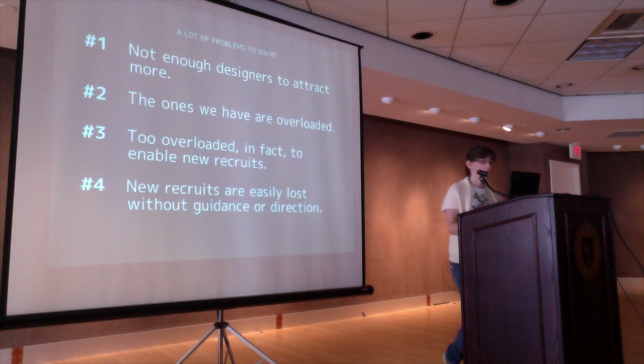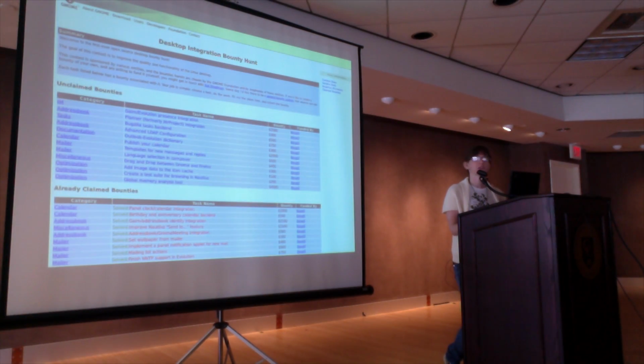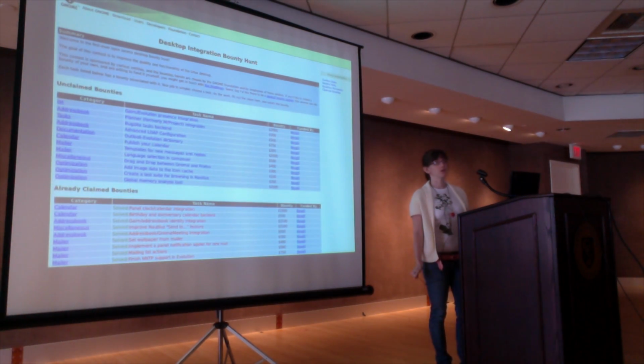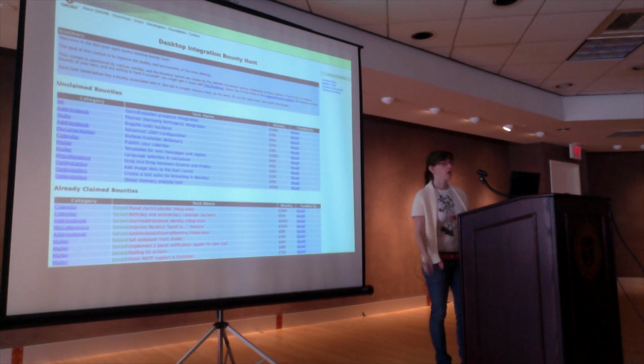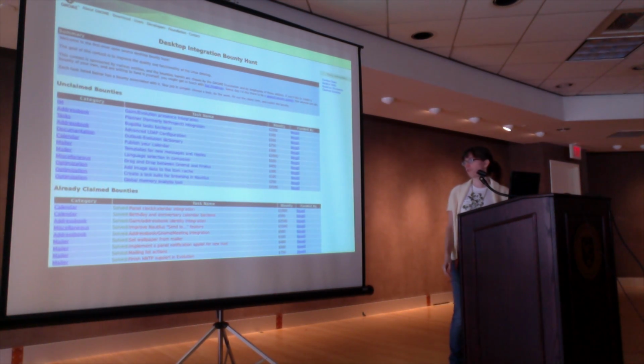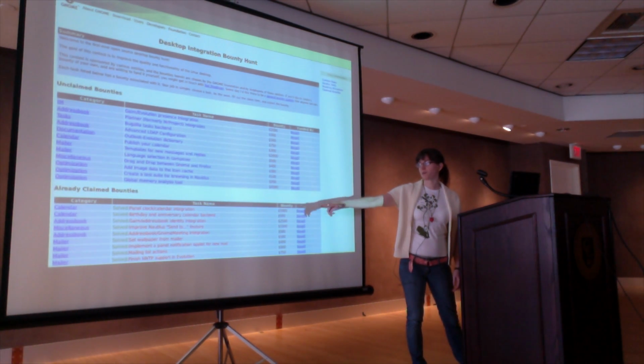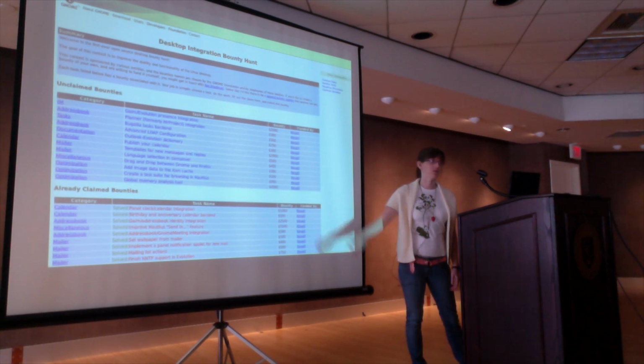So a long time ago, actually, when I was in college and I was first trying to get involved with free software, one of the things that I remembered was that Novell had actually started a set of bounties for working on GNOME. And they identified stuff like, you know, write the birthday and anniversary calendar backend for Evolution.